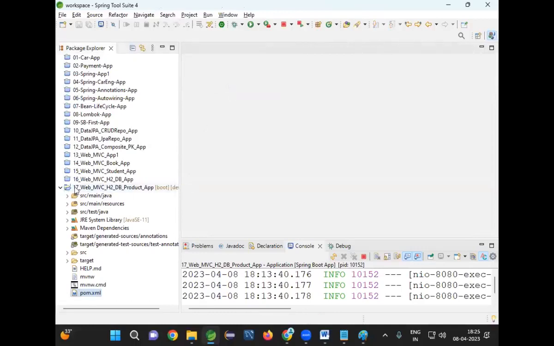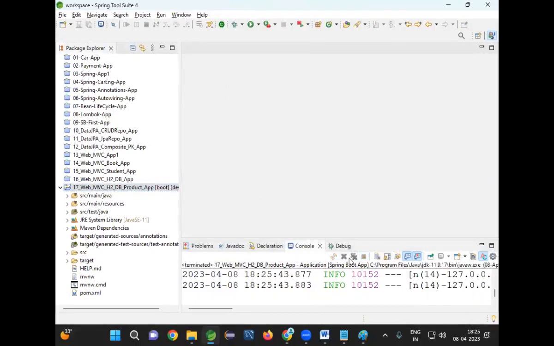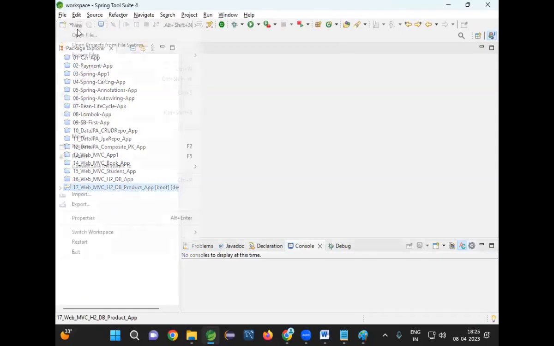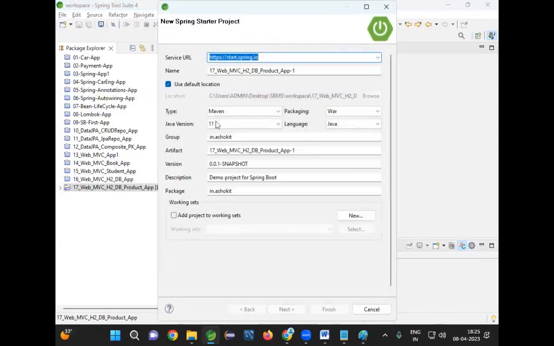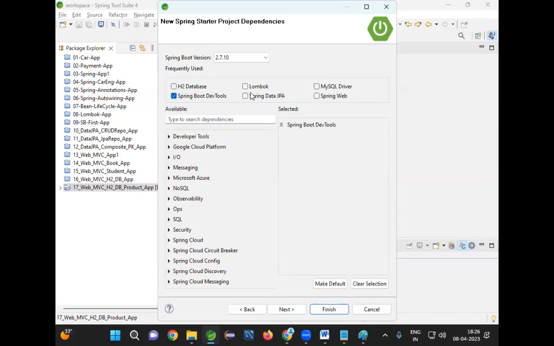Clear this. Stop the project. File, new, starter project. Yep. Let me go with this. 18th web MVC Thymeleaf application. Okay. Click on next. Dev tools. Then Lombok. Yeah, fine. Web. I'm not going to interact with the database, not required. So dev tools, Lombok, and web. Along with that,